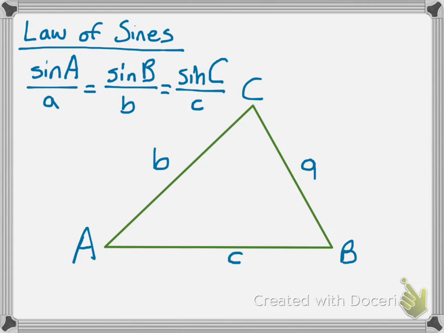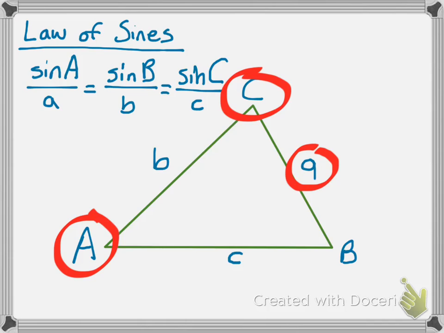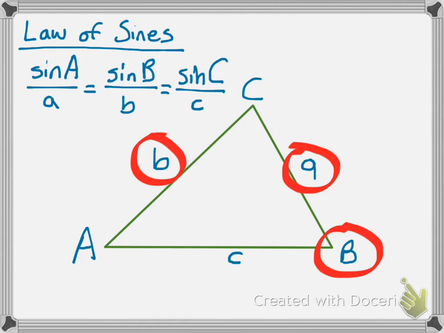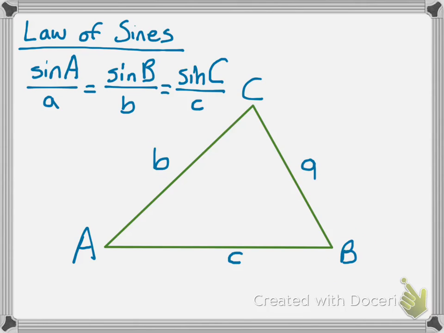So what you need to know in this type of triangle, there are two scenarios. Either you must know two angles and one side, where the side is opposite one of the angles, or you can know two sides and one angle, where that one angle is opposite one of the two sides. Okay? Let me recap that really quickly. So, what you need to know in order to use this,